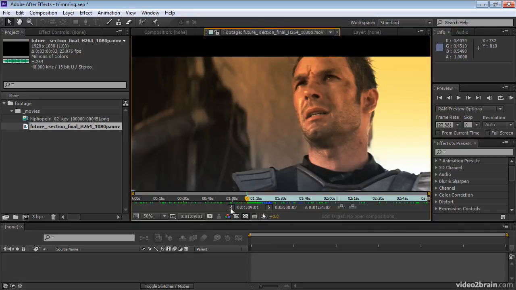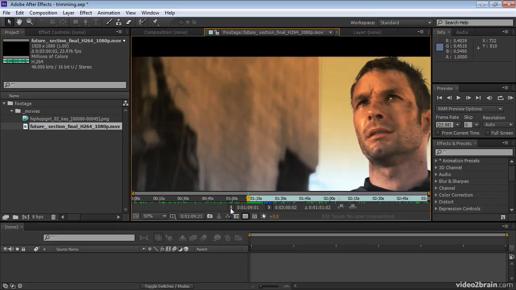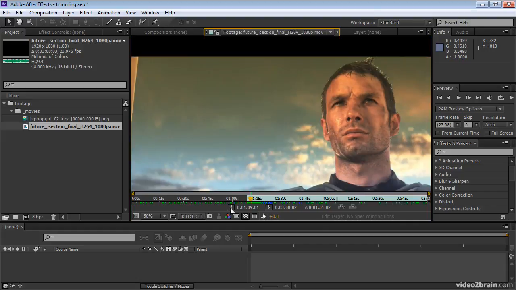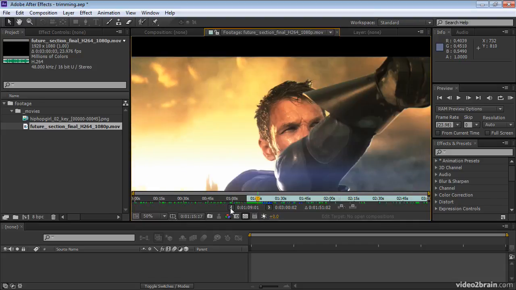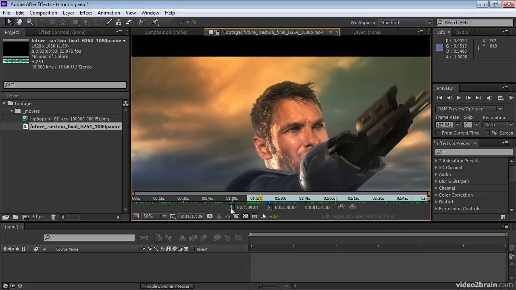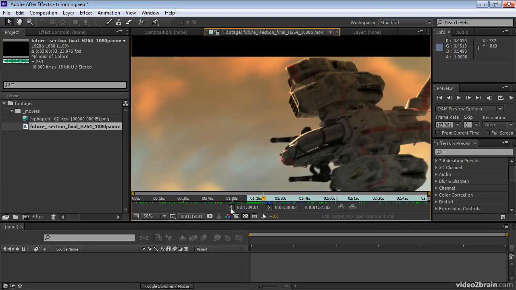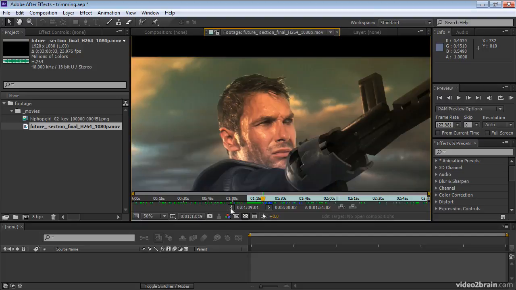Then I'll use Shift Page Down to move forward 10 frames at a time. And somewhere right about here, I'll use Page Up to go back a frame at a time. And that's the last frame that I want for this clip. So I'll click Set Out Point. There, now I have a short span of this movie between my in point and my out point that I'll